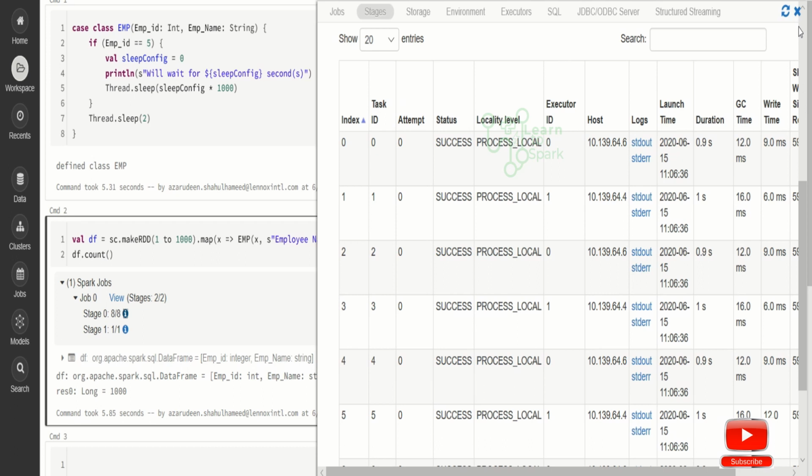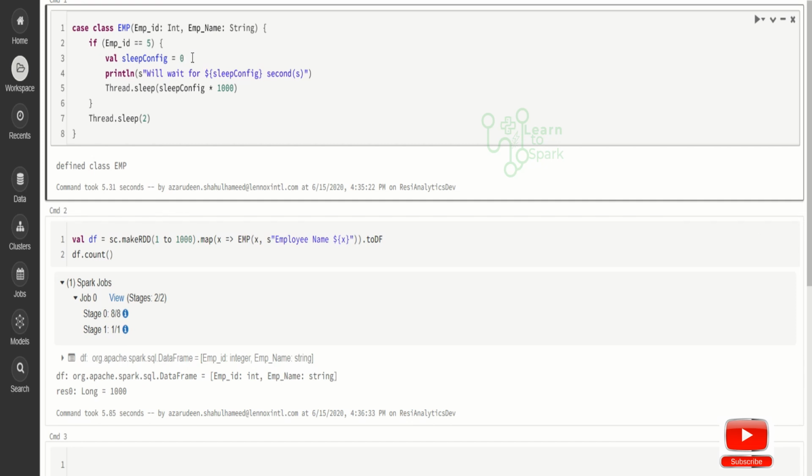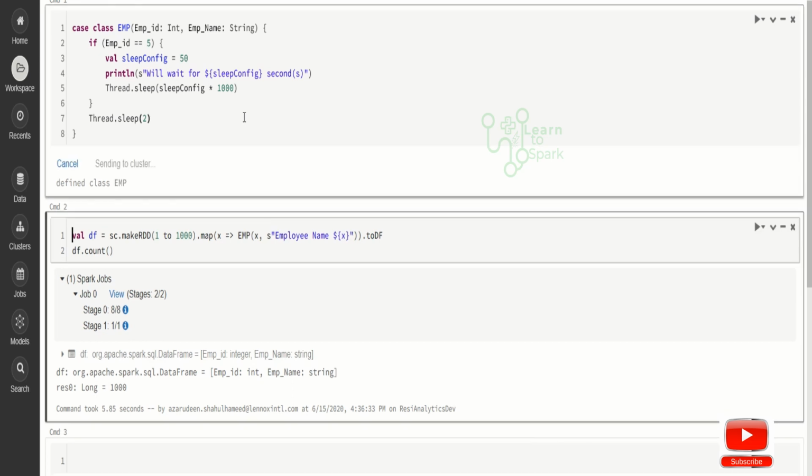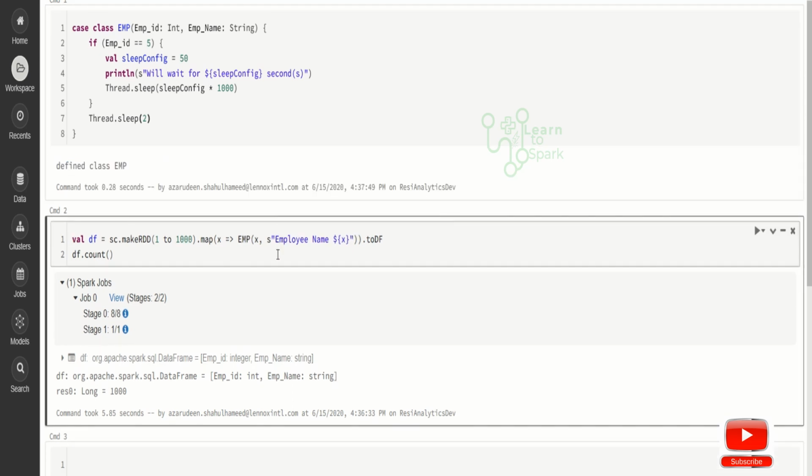Now let us have our speculative execution happen. For employee id 5 alone, I will make it delayed by 50 seconds. I will execute the case class again, and now let me execute this.